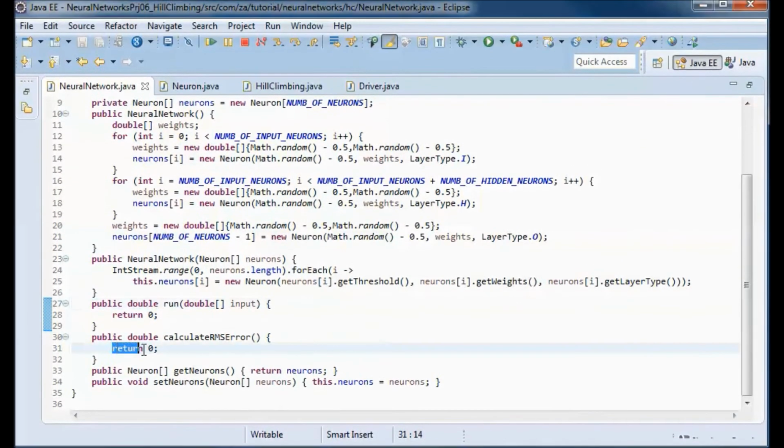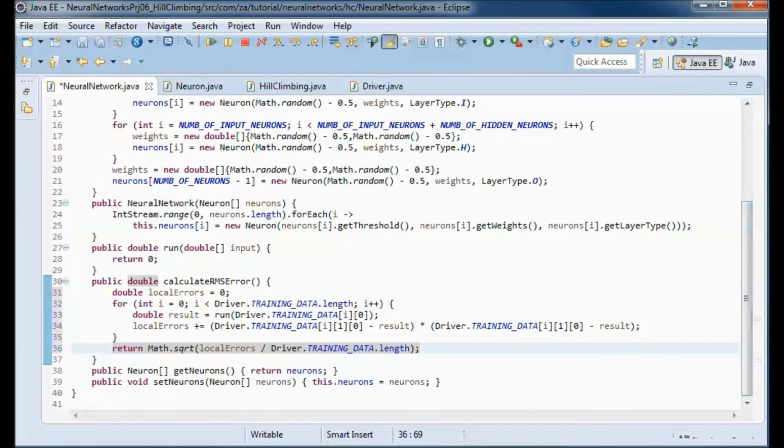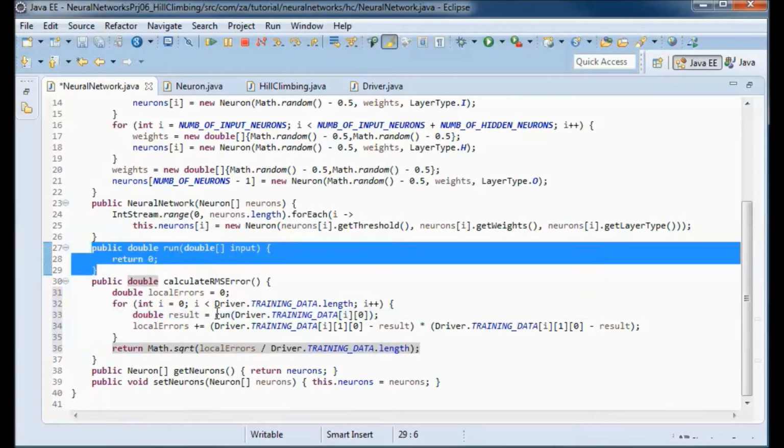And this is the logic for this method. So the actual result will be what's returned from this run method.